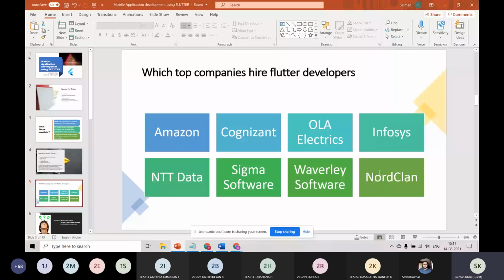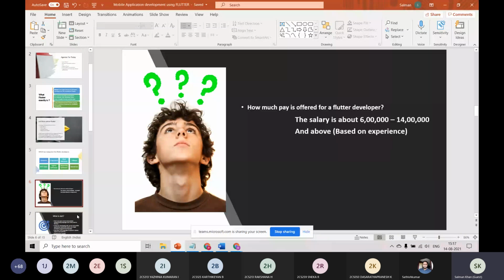The reason is that it is only one code, a single code, because they find maintainability difficult. If there are two codes, for example Java and Swift, it will be difficult for them to hire people and adapt to that. But with the Flutter framework, within the Dart language, everything is covered easily within a single piece of code. So that looks good. And if you see the salary structure Flutter developers earn, it's nearly 6 lakhs to 14 lakhs and above. It looks super good, and it is the best opportunity Flutter developers will ever get.